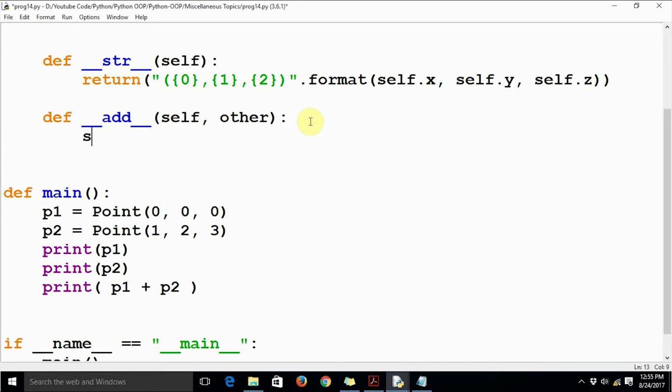Now let us define the method. So we can just say self.x equal to self.x plus other.x.